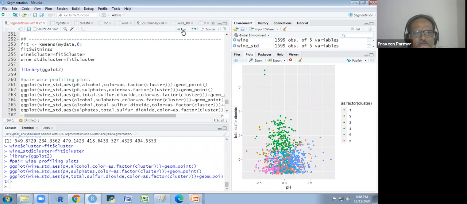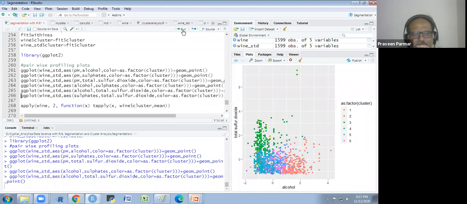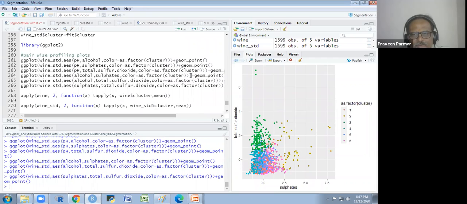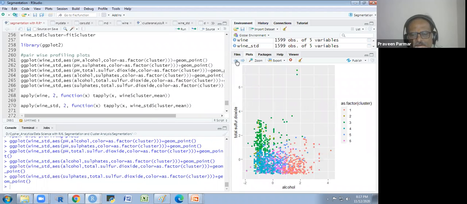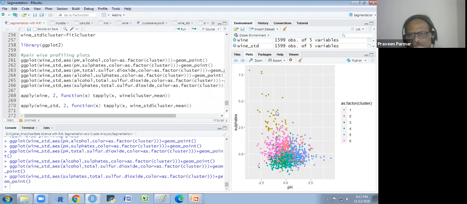This is in this way. Alcohol sulfates. Why are we not getting that clustering? It is good clustering. Then why are we not getting it? What is the reason behind it? Is there not a proper clustering, or is the clustering proper, or is something else we are viewing?